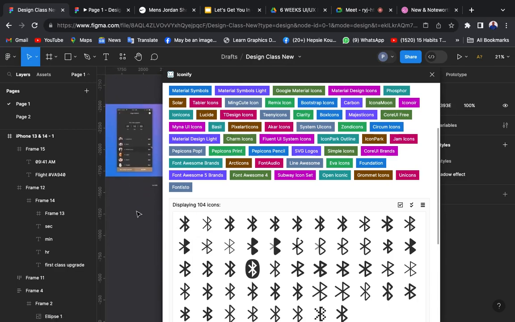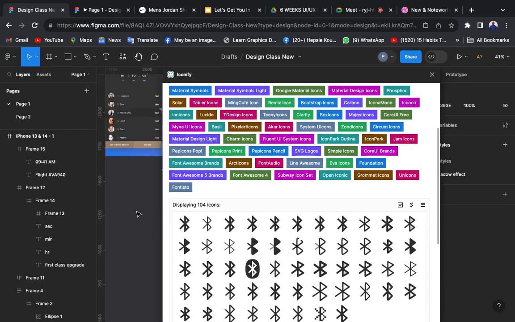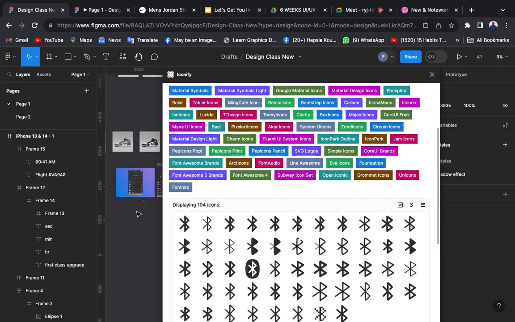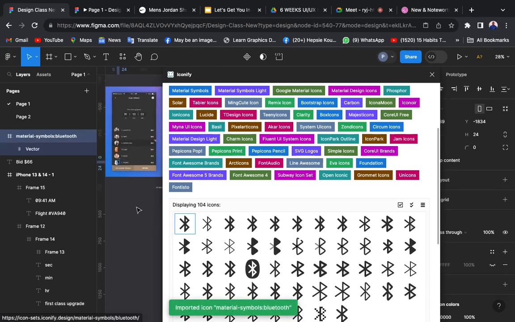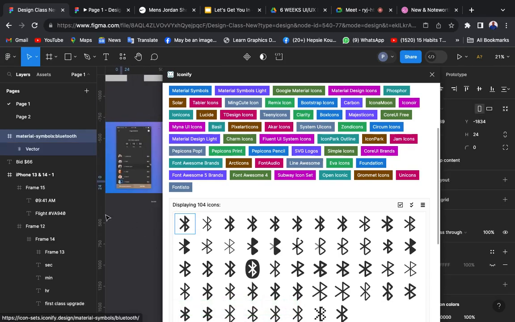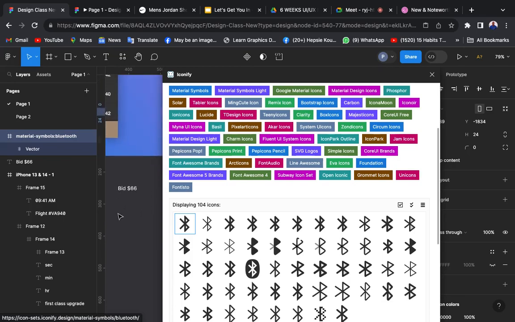Can you see the Bluetooth? To zoom out and zoom in, if you are using an external mouse, you hold Control and scroll up and down. But if you are using your laptop mouse, you drag your two fingers like that as though you are squeezing out and in. You understand? That's zoom now. So I like this Bluetooth. I'll take this one. Just click on it and drag out. I think it has come up here. We'll find it later. So the next one is